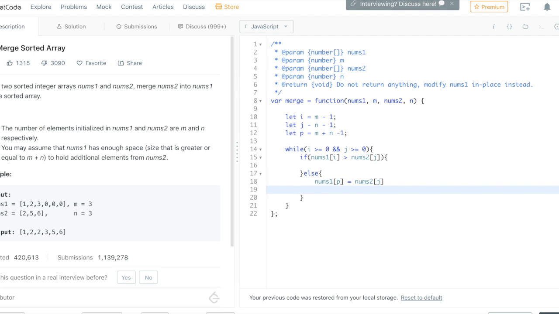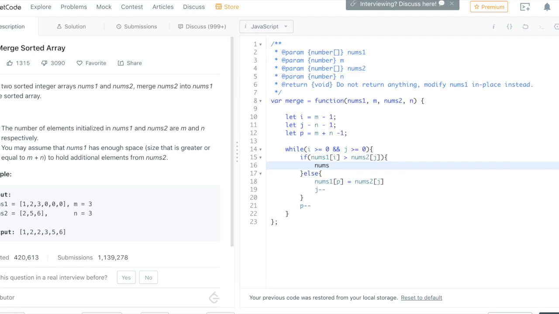And then after we do that, we need to go ahead and decrease j, j minus minus, because we're working backwards. After we decrease j, we will always want to decrease p, p minus minus. In case you don't know this shortcut, this is the decrement operator. There's an increment operator, but this is a decrement operator. All it is saying is p is equal to p minus one. That's just the shorthand way of writing that. And now we want to handle our if situation